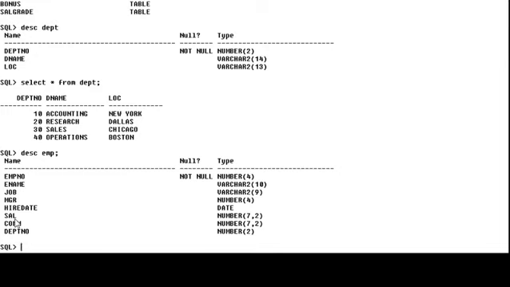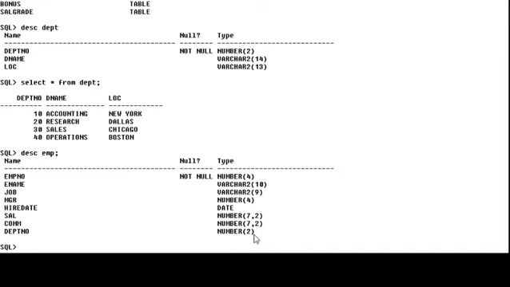Same as the COMM column, NUMBER(7,2), again it will hold decimal, float values, and DEPTNO is NUMBER(2), it holds 2 digits.